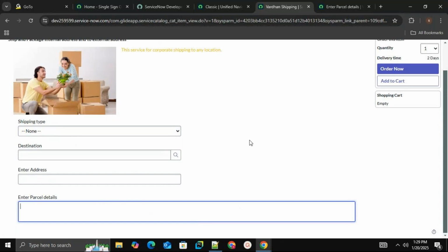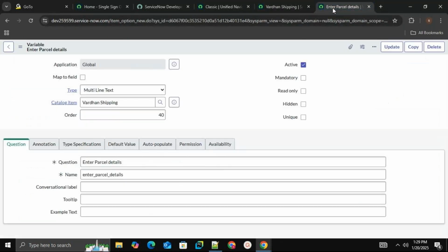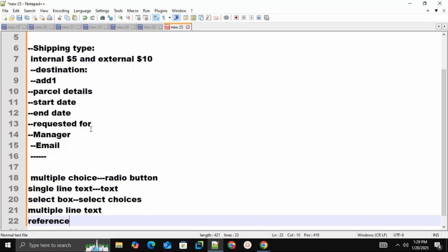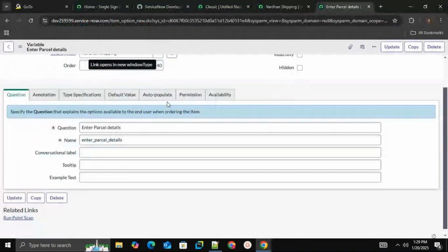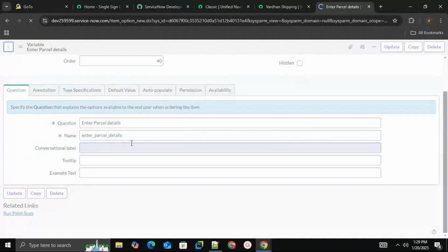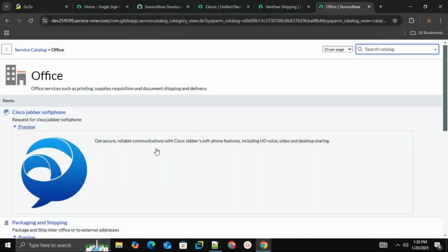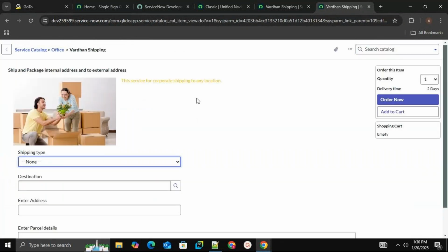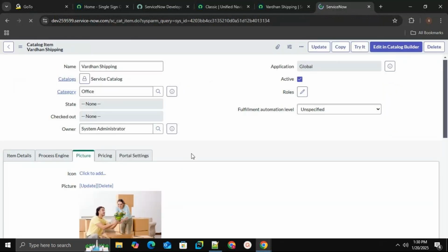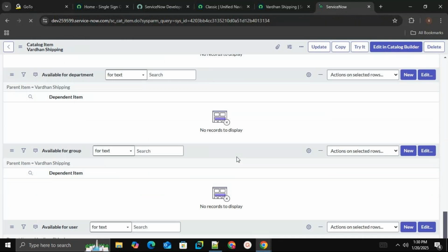Right now, one more requirement for this: requested, or we can do start date and end date. So the variable is, after this we can go back here, open this again, otherwise you can go into configure item. Over this configure item, go down here, we see one more